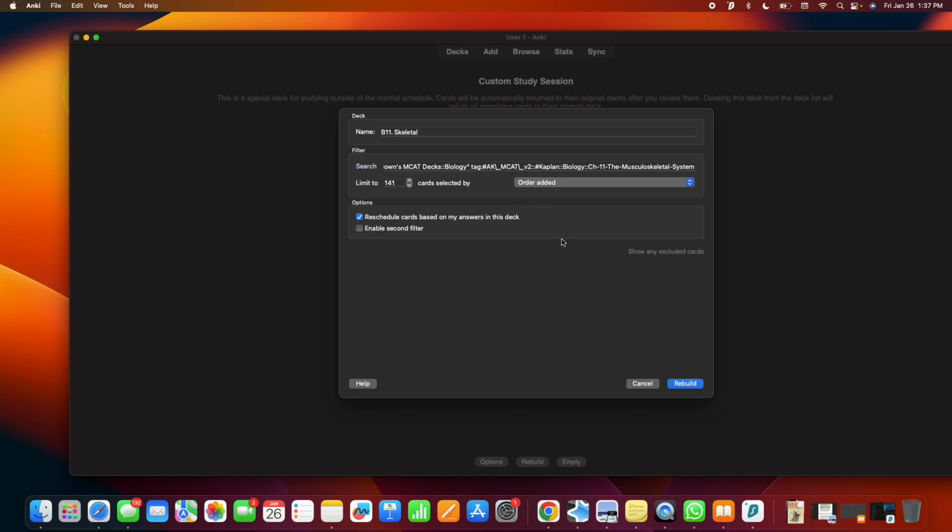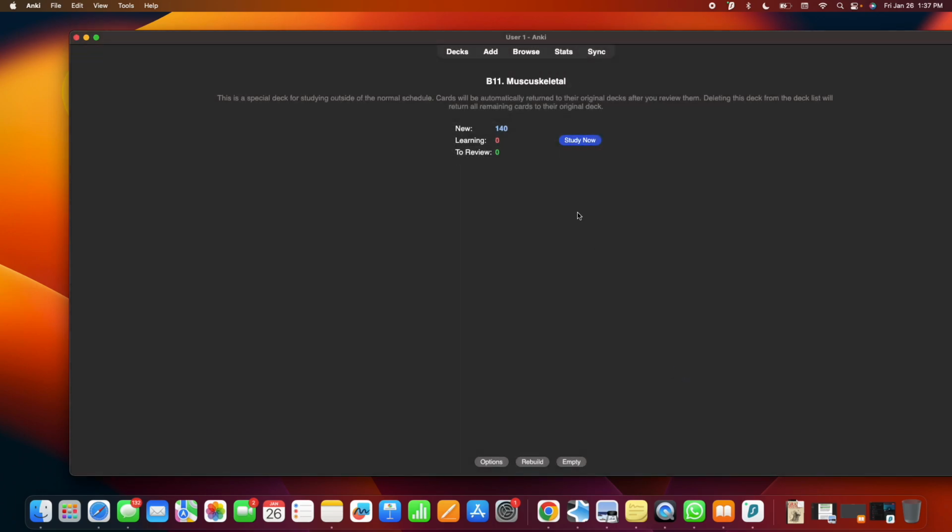skeletal musculoskeletal system. Is this how you write it? I'm pretty sure that's not how you write it. But anyway,